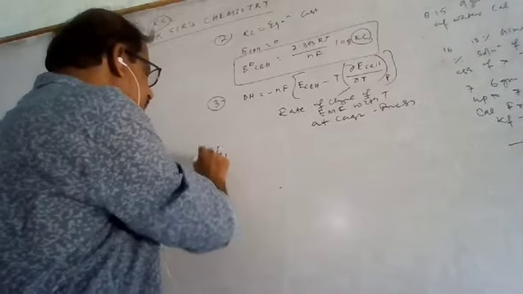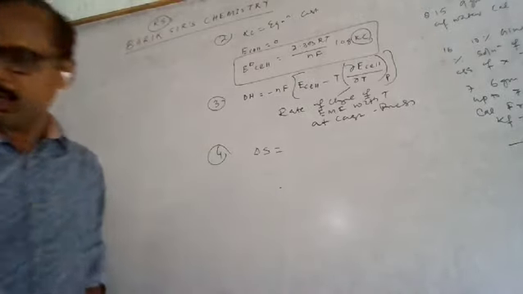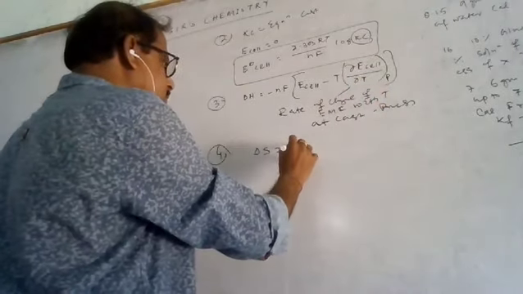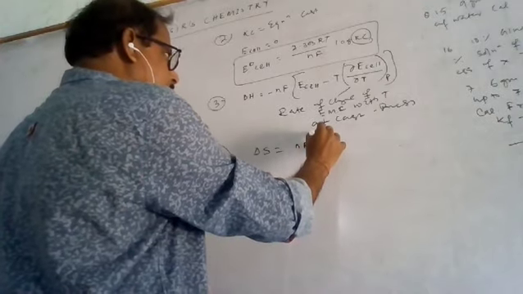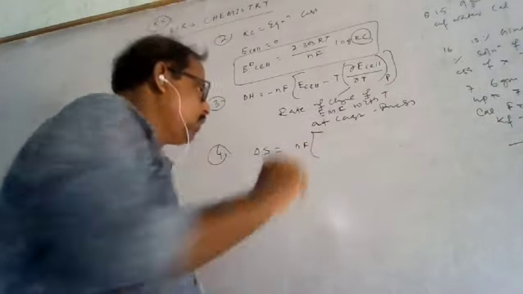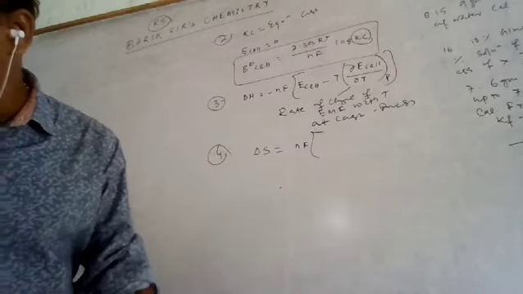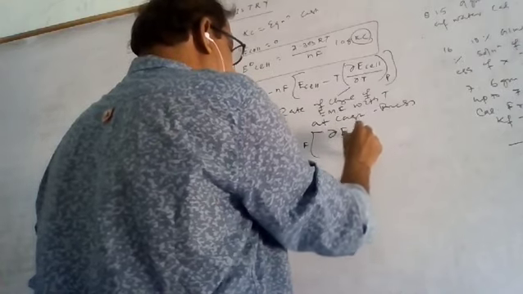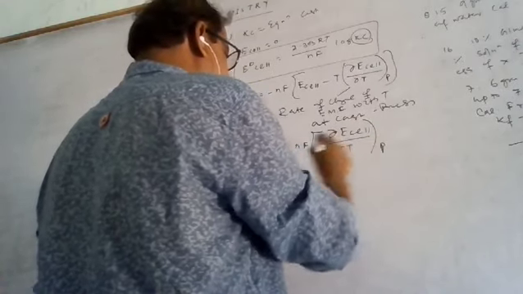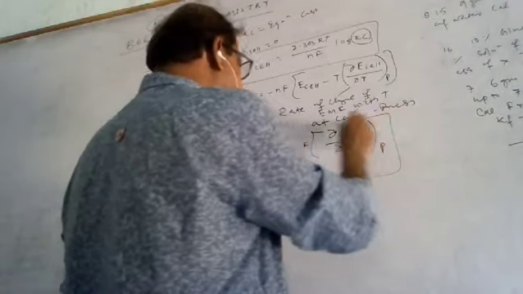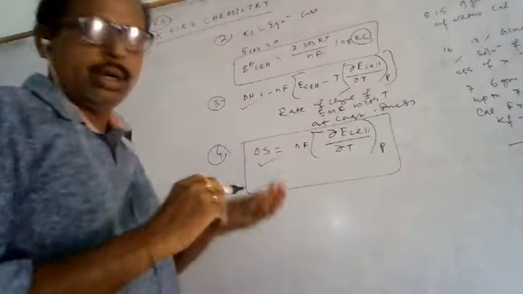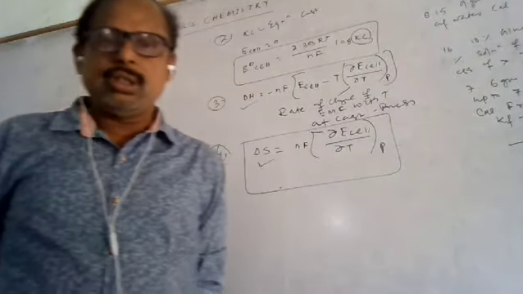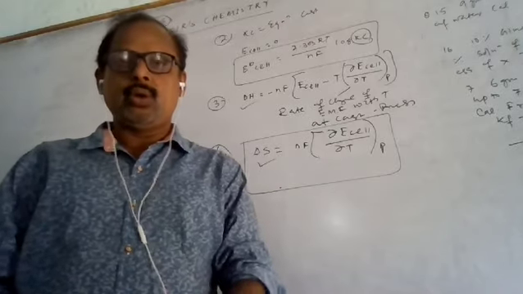So this is a very important formula that will be applicable for you, and enthalpy change can be determined. Sorry, entropy change, delta S, can also be determined. That is this value. Delta S is equal to NF dE cell by dT at constant pressure. So this is to calculate the delta S, and this is to calculate the delta H. This is the formula. So this is most of the things we have discussed in the electro-Nernst equation.